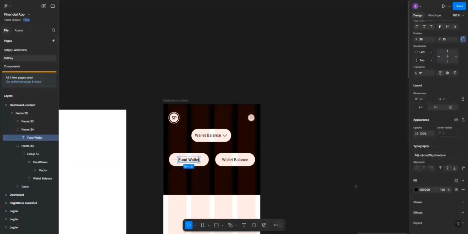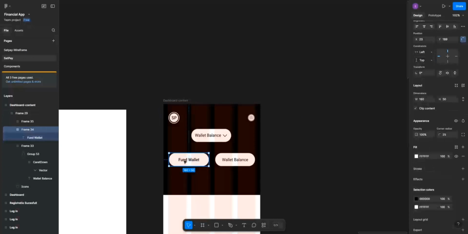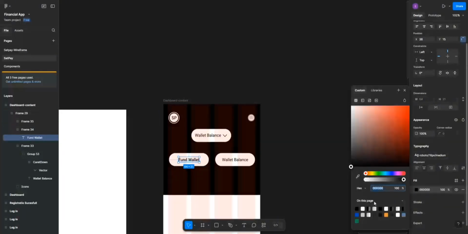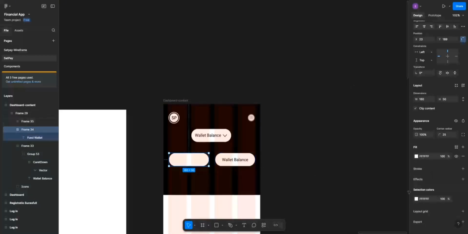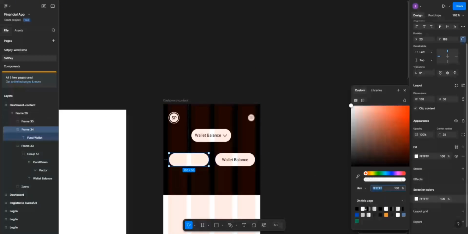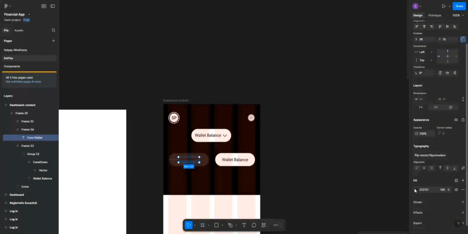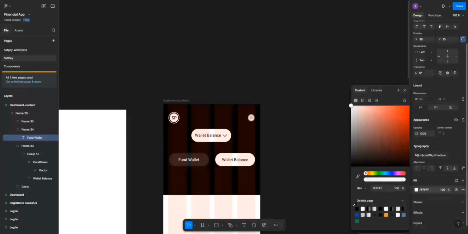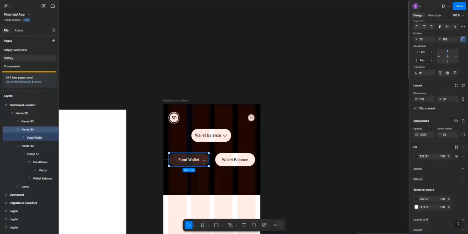I think we have it in our design system. Then also the text, let's change it back to our height color. Then the background fill of this to something like this. And this